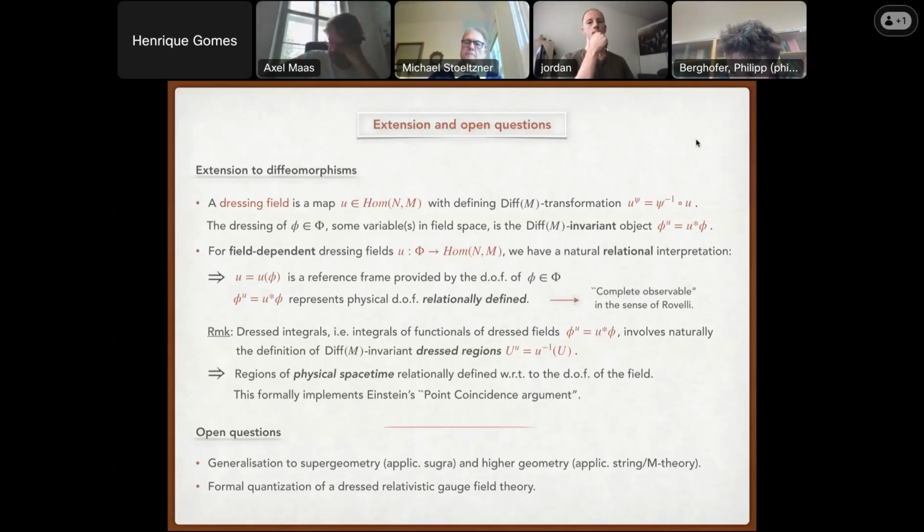And tell me what points of the manifold are, what regions of the manifold are. By the way, I agree with all this, and I have a paper with Jeremy Butterfield about this. I can send it to you. I think it very much agrees with what you're saying here, but it has this extra point. Anyways, and then you have this dressing field,